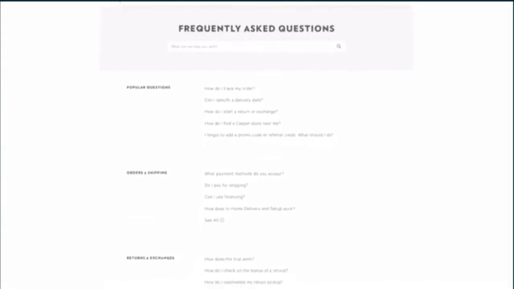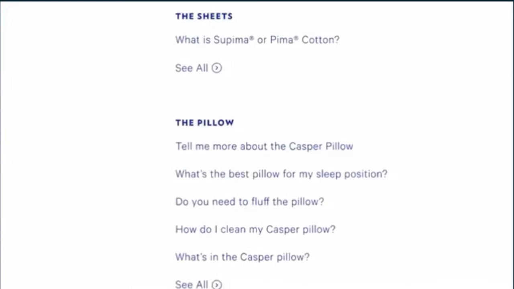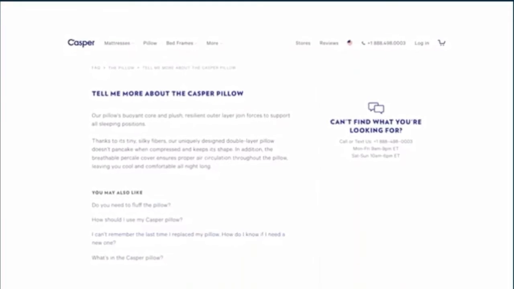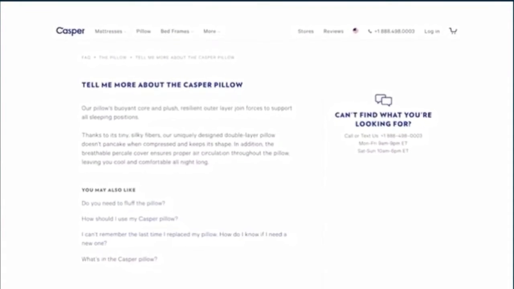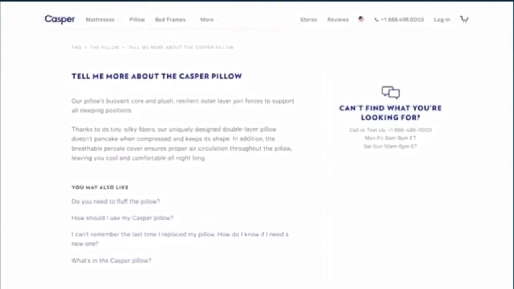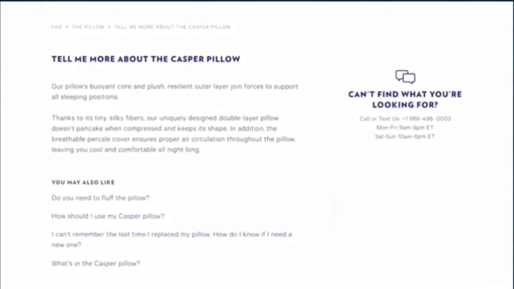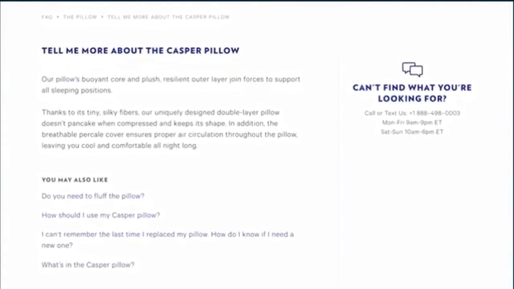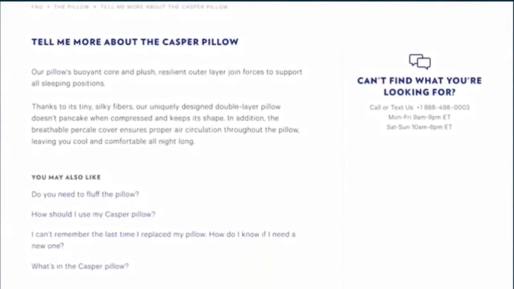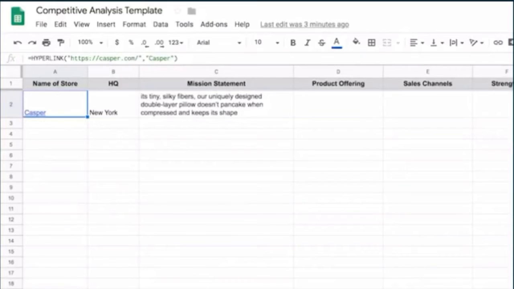So on their FAQ page, they have a link that says, tell me more about the Casper pillow. Perfect. I'd love to know more. And then it walks through exactly what their pillow is. And it looks like ultimately what their mission statement is here is that their pillow has tiny silky fibers and a uniquely designed double layer pillow that won't pancake when compressed. So it keeps its shape. That is ultimately what they are trying to sell customers on. So I'm going to copy that, drop this into my template, and then move on to the next thing, which